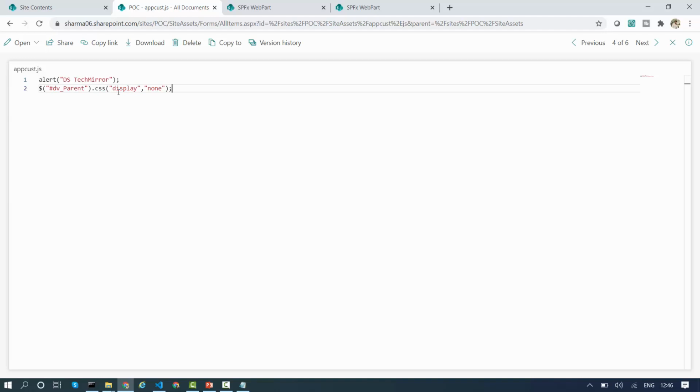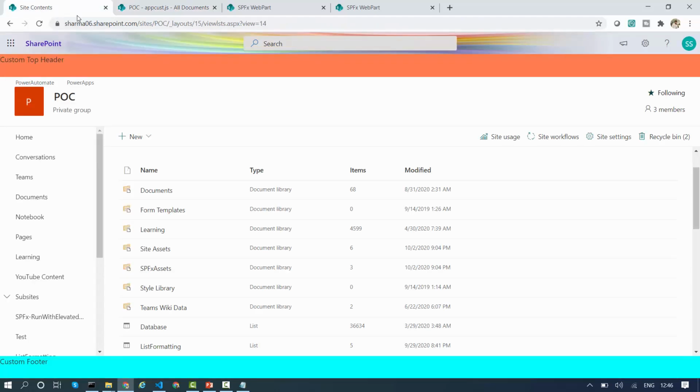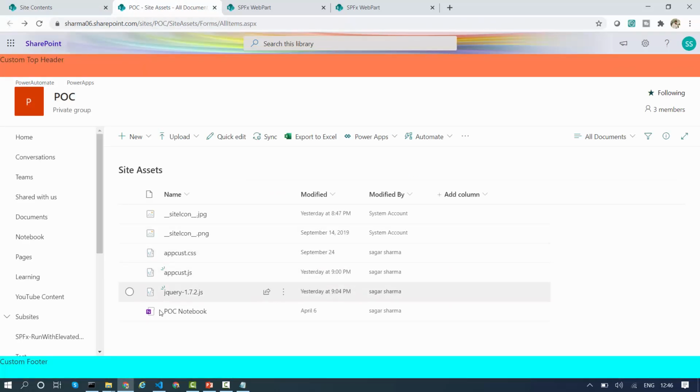With the help of jQuery, I am setting the div as display none, and for using jQuery I want to add the jQuery reference also, which is present in my site assets only. This is my jQuery reference.